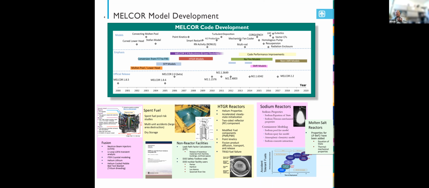We do have an H2C model, that models the sulfur iodine cycle, used in conjunction with the high temperature gas reactors. And then you have turbulent deposition, which is important for high velocity flow that deposits on the ducting or piping. We also have a magnetic fan cooler as part of the engineered safety feature in the containment. Core quench, spreading model, and the core lower head containment model in conjunction with the AP1000,